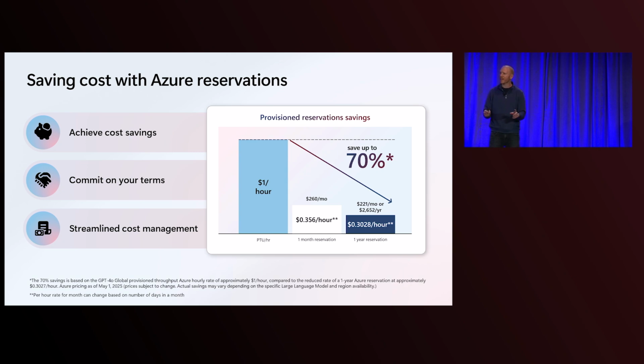Now, there's one more key thing I want you to take away from this. The reservation itself is not a capacity reservation. It's a price saving, right? So the first thing you want to do is to go and deploy your provision throughput. Make sure you've got the capacity. Immediately after that, you want to go and buy your reservation to bring the price down. Make sure you do it in that order. If you buy your reservation first and you don't have capacity, we do have a way to exchange it, but it's an additional headache that you don't want to have to work through from that perspective.